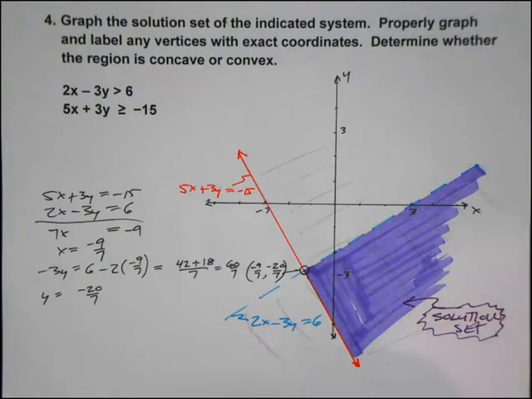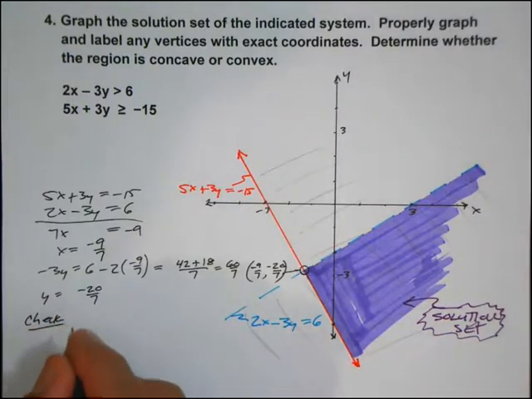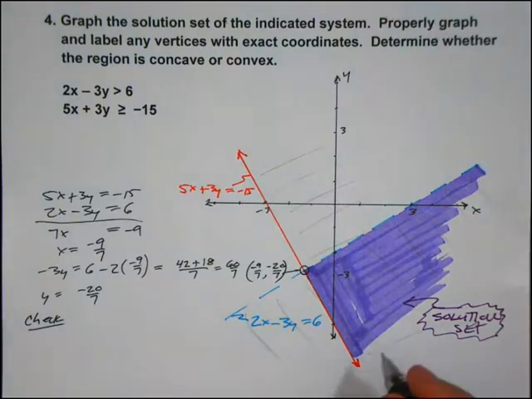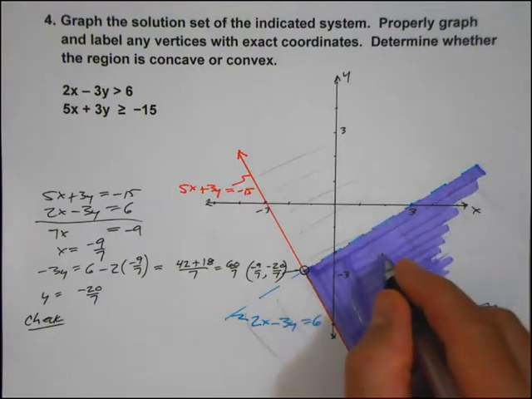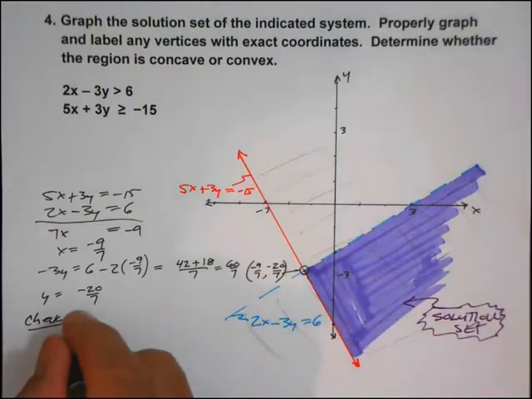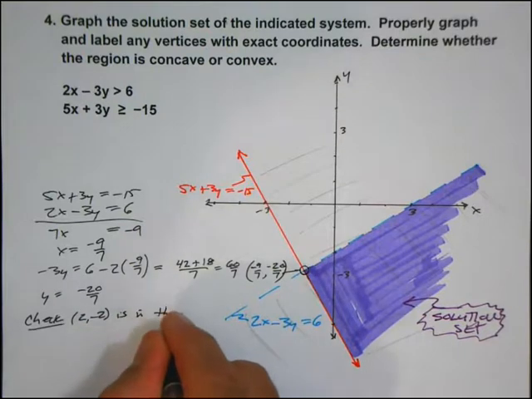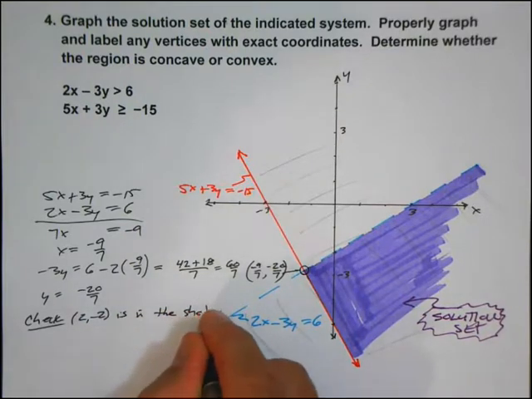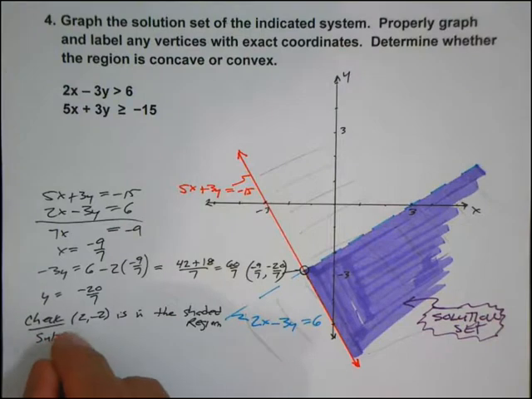What else can we do here? Well, let's do a little check on this solution region. Alright, so we can select something that's clearly in this region. Let's see, how about here? Negative 2, 2, negative 2? That's surely in the shaded region. Okay, so this means it's a solution, and so substituting